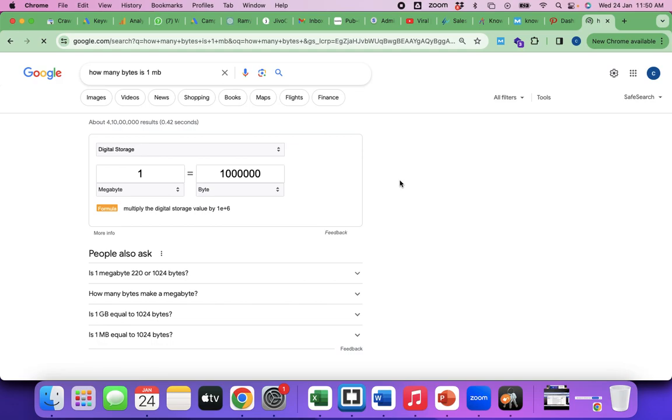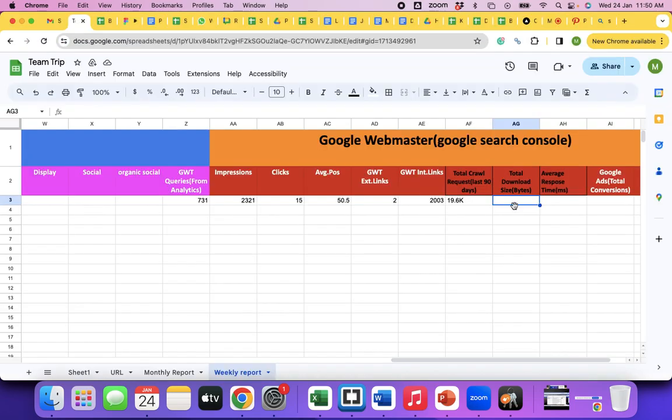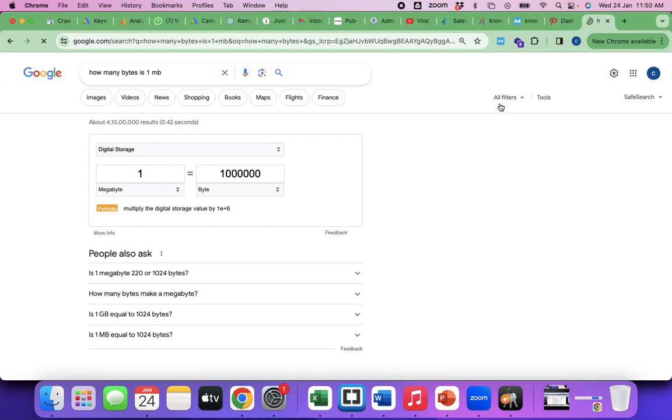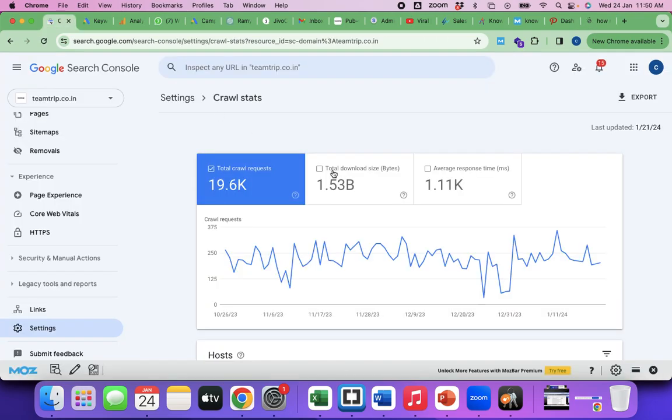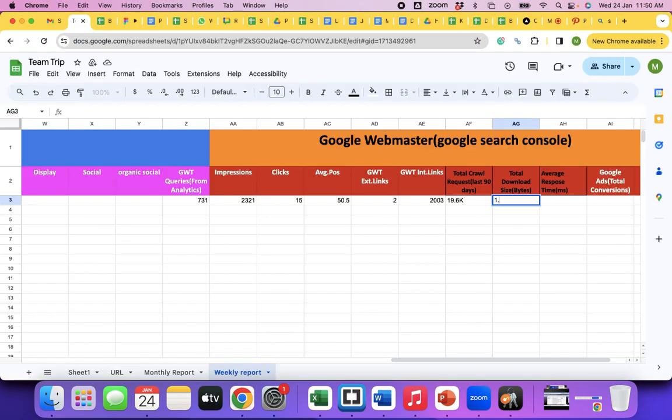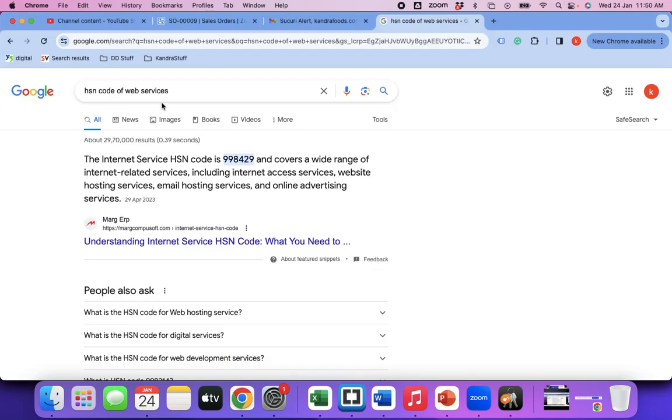Okay. So now here, 1.53 billion, and you have the actual number, 1.53 billion bytes.